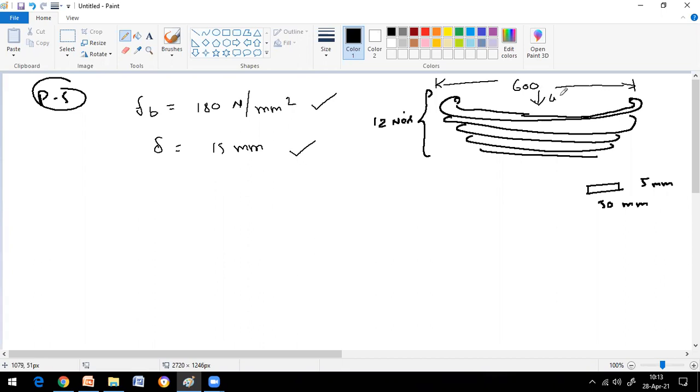Load acting on the spring, which makes your beam have a bending stress not exceeding 180 Newton per mm square and a deflection of 15 mm. So this is what they are asking you to calculate. And first one, let's see